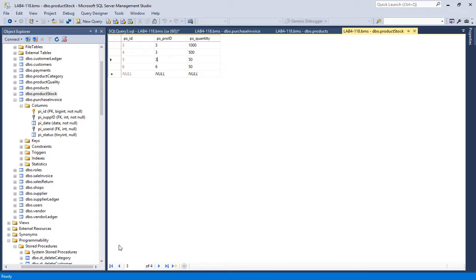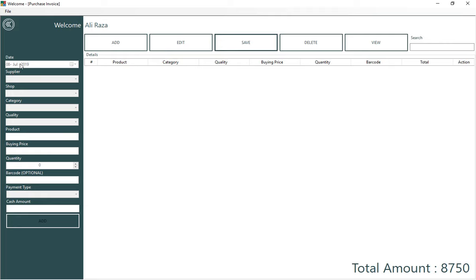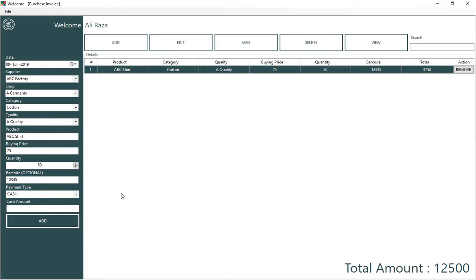For this, what you can do now, you can come here and add another purchase invoice for ABC factory. Shop is this, cotton, quality is A quality, product name, let's say ABC shirt, buying price 75, quantity is 50, barcode is 12345, and payment is cash. This is the later process. Please click add, and now